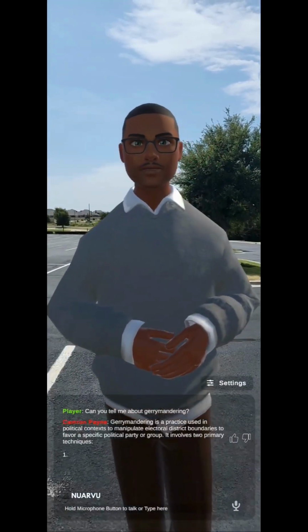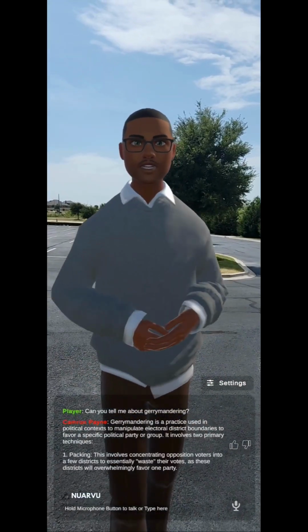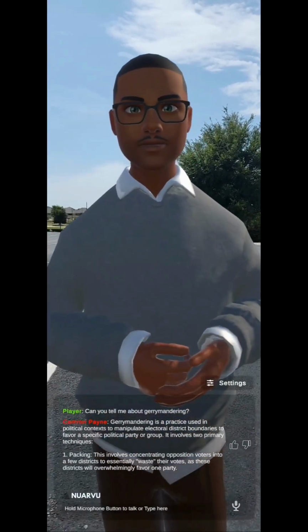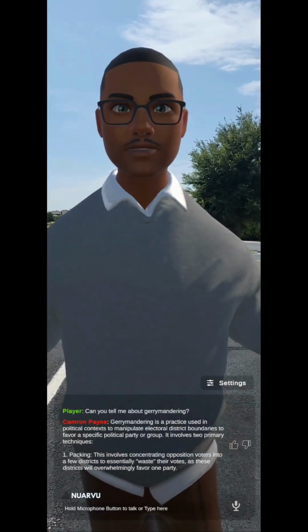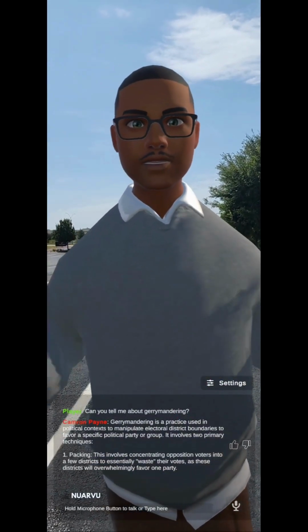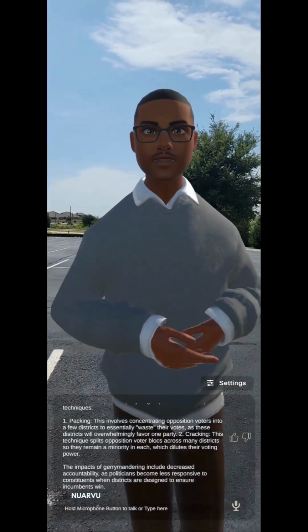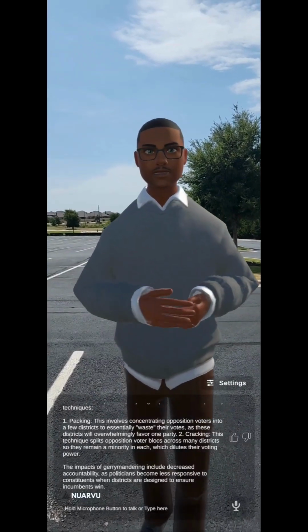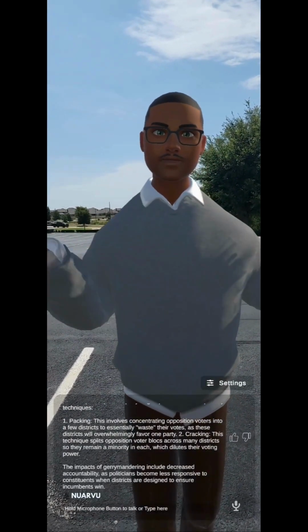1. Packing. This involves concentrating opposition voters into a few districts to essentially waste their votes, as these districts will overwhelmingly favor one party. 2. Cracking. This technique splits opposition voter blocks across many districts so they remain a minority in each, which dilutes their voting